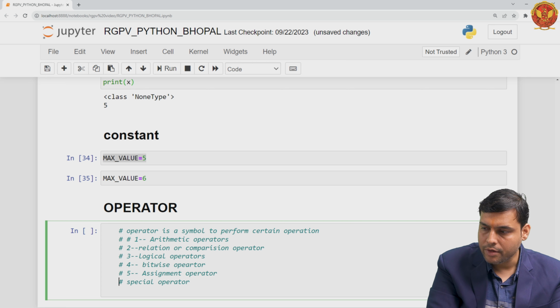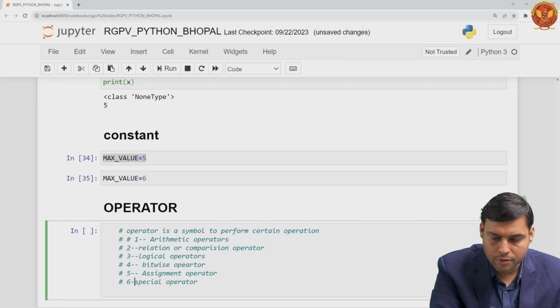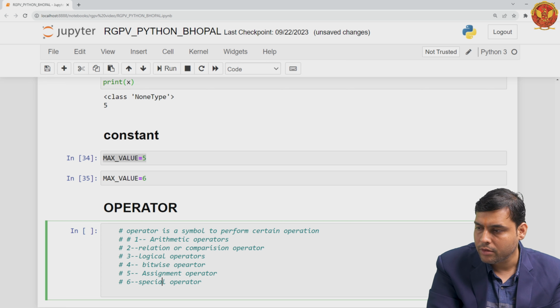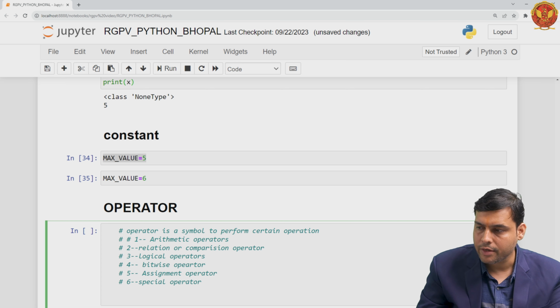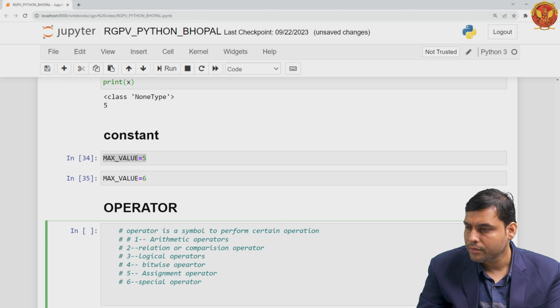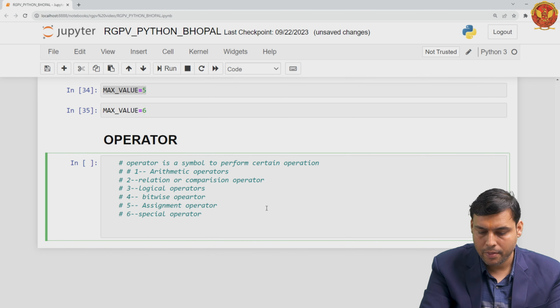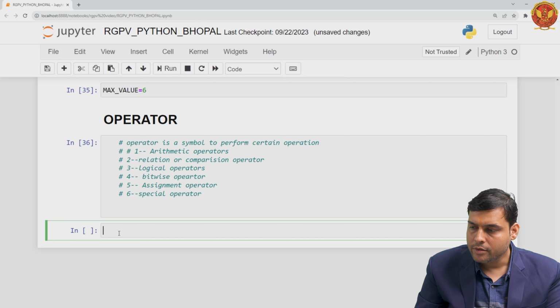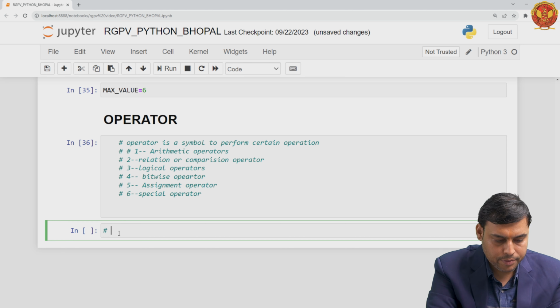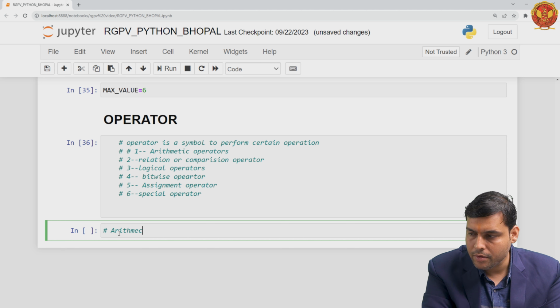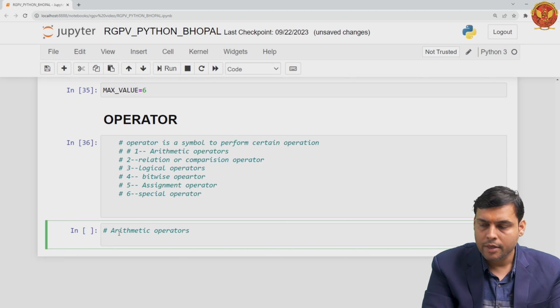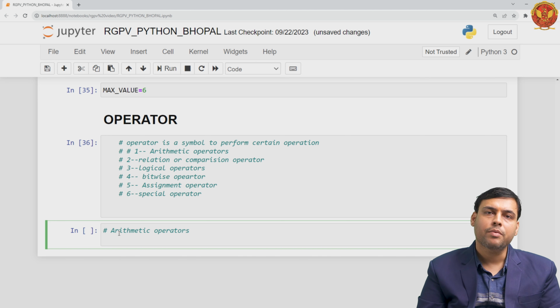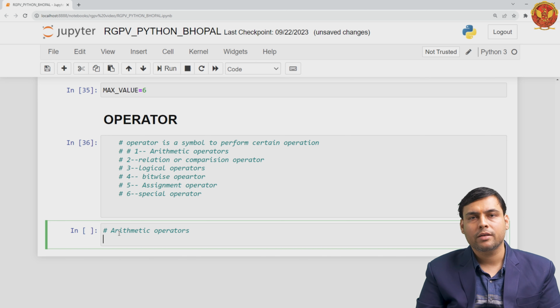So let me start one by one here. In this video, we will be discussing the arithmetic operator first. Okay. So let me start with the arithmetic operator. तो आपने देखा होगा अदर प्रोग्रामिंग लैंग्वेजेस में भी हमारे पास ऑपरेटर्स हैं, अरिथमेटिक ऑपरेटर्स हैं। तो वही कुछ कॉमन